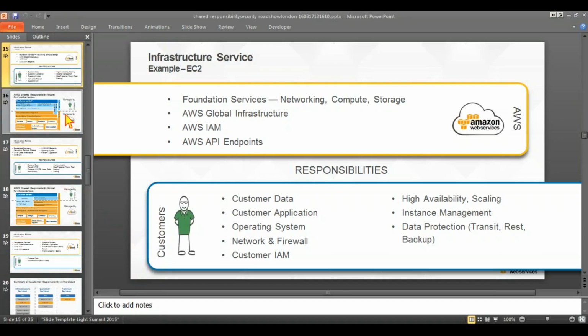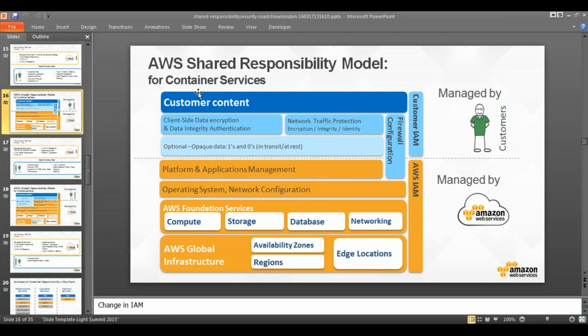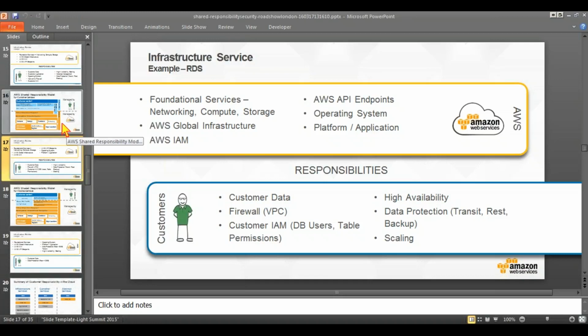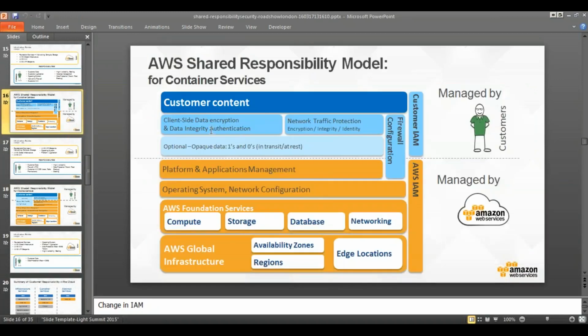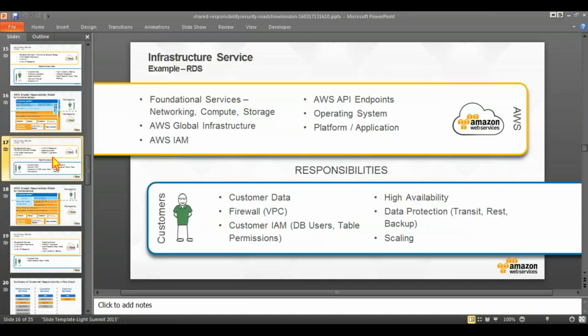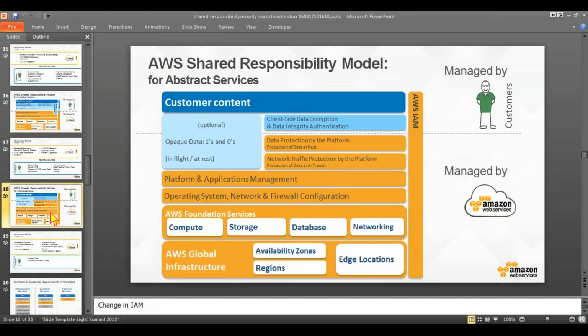and the data that you store. If you take, for example, container services, something like Docker, again there will be some variation: up to which layer you can access, and which layers AWS takes care of. It depends on service to service. Take RDS, for example. On RDS, you don't have access to the operating system or the platform or the application. You have access only to the data, who can access that data, availability type, encryption, and scaling. So it basically depends upon the service.